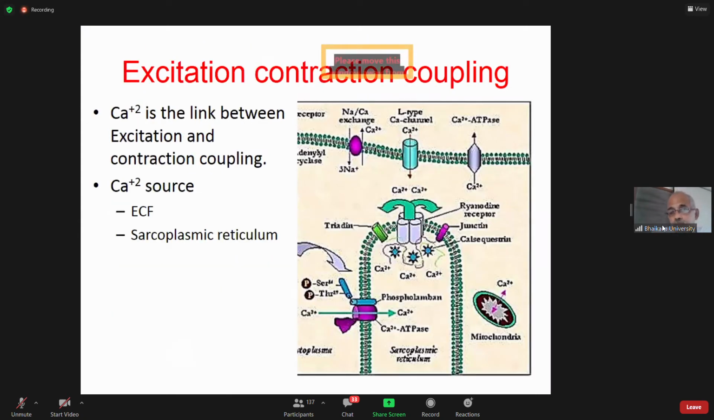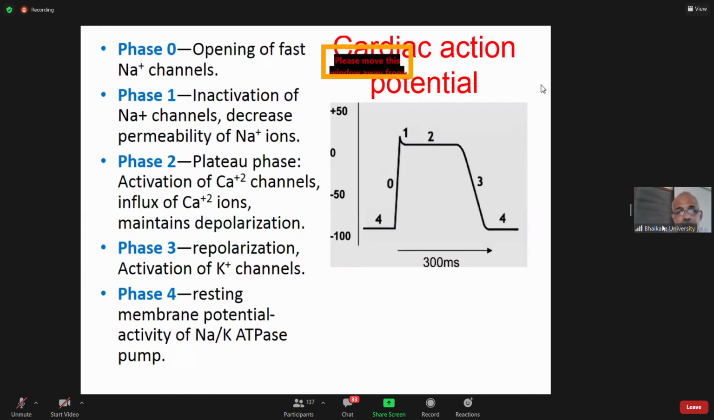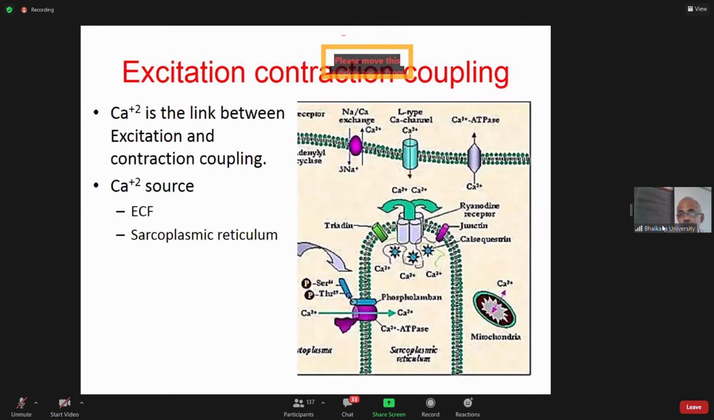So, as I told you in the previous slide, in this phase of plateau, where there's influx of calcium ions, this will result in excitation contraction coupling. So we'll go to the next step. Excitation contraction coupling. The calcium, as you know, when your teacher taught you skeletal muscles, smooth muscles, here